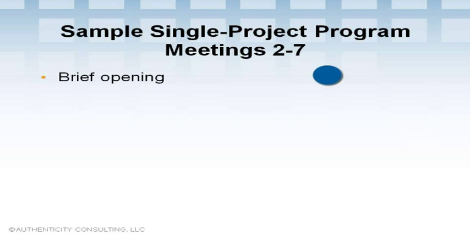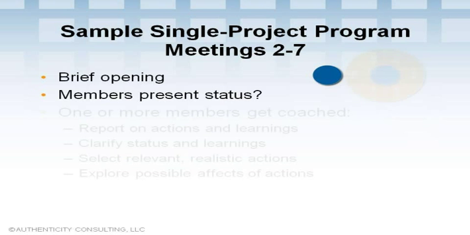A typical meeting might include a brief opening in which the facilitator reviews various ground rules, as we talked about, and does any needed introductions as well as listing the goals of the meeting. Then one or several members might present the status of the project, for example about deliverables, the timeline, and any key learnings so far. And that might be followed by a brief discussion among members and maybe with any relevant stakeholders. That might take even an hour or two.